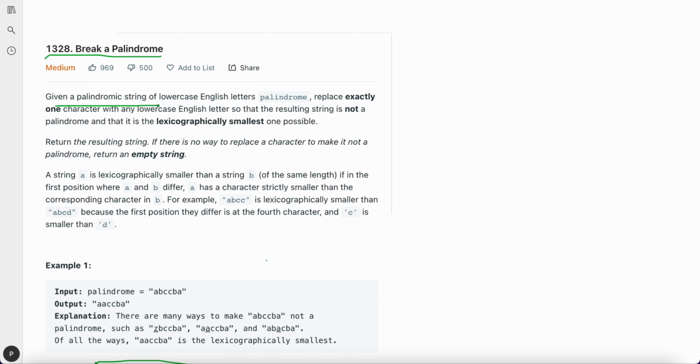They have given one palindrome string of lowercase English letters. Replace exactly one character with any lowercase English letter so that the resulting string is not a palindrome. We have to make one replacement so it becomes a non-palindrome string, and it should be the lexicographically smallest one possible. Return the resulting string. If there is no way to replace a character to make it not a palindrome,